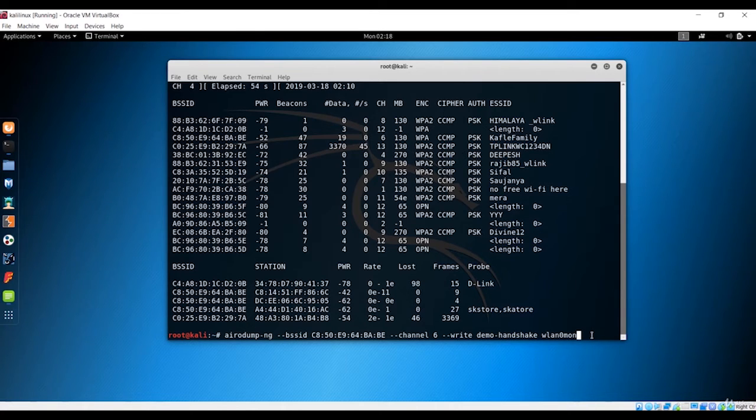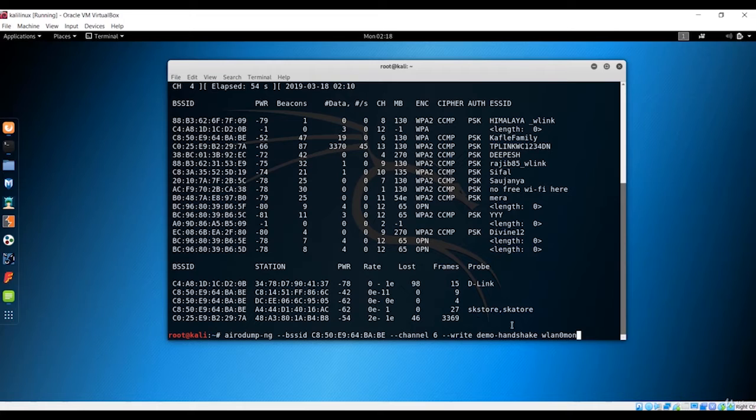So what happens is every time the client needs to connect to the network, we'll just send this handshake packet, and there will be handshake communication between that network and our network, or with this airodump PNG, and we'll just capture that handshake and use the word list to see what the password is.